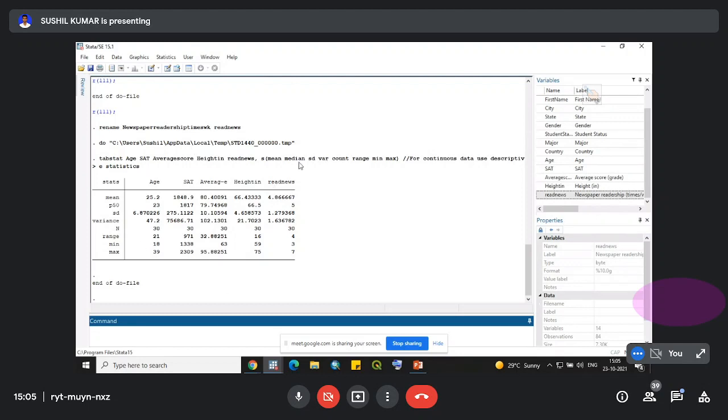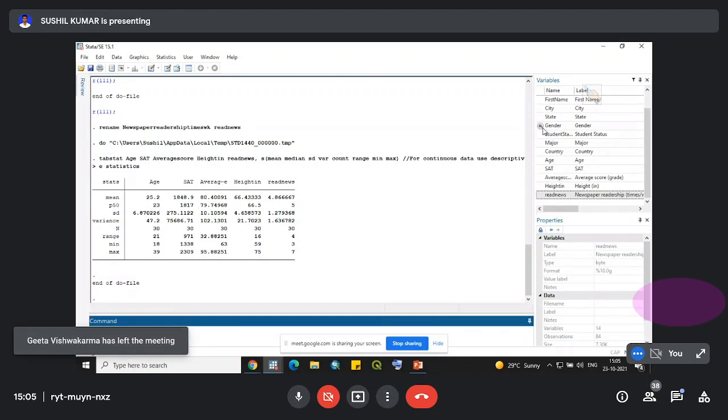Similarly, anything that you want Stata to display for you, descriptive statistics like mean, median, skewness, kurtosis, you can type over here and Stata will display it for you. Let us do it one more time. Tab stat.